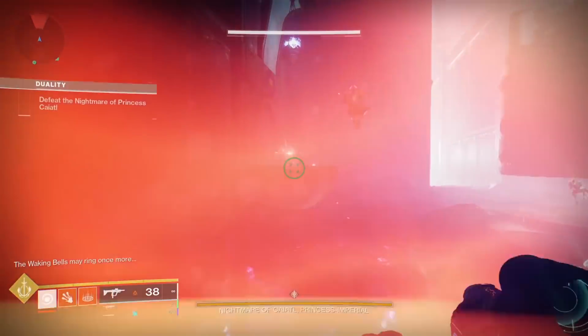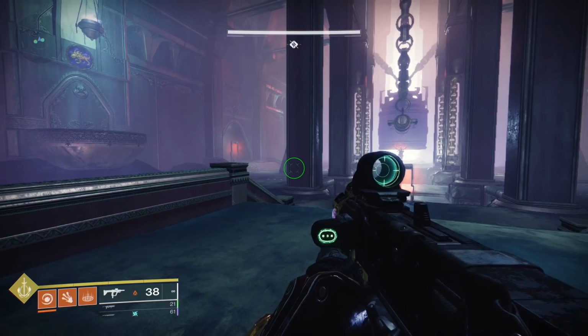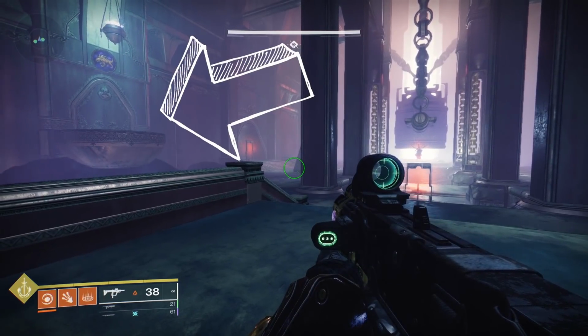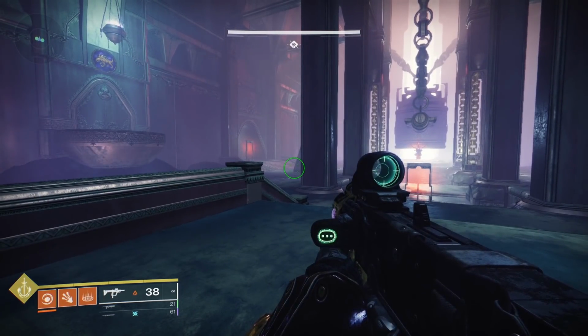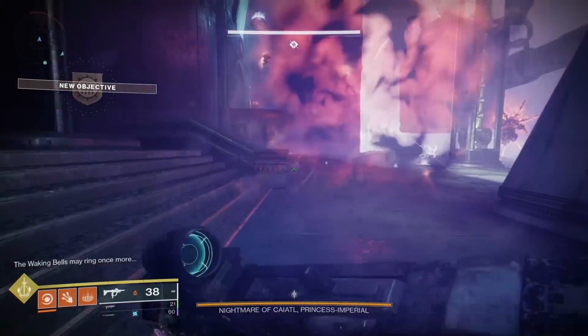If you want to make that not happen, here's what you do. Load up a solar class and grab a fusion grenade. You know the 4 platforms that have the symbols above them, dog, cup, axe, sun? When the doors behind those platforms open and a bunch of scions run out, chuck a fusion grenade right into